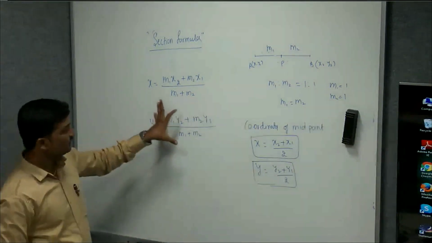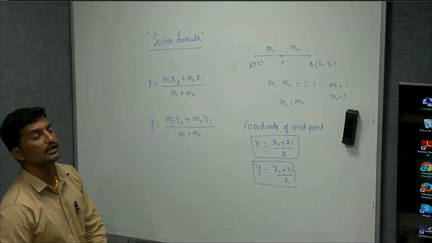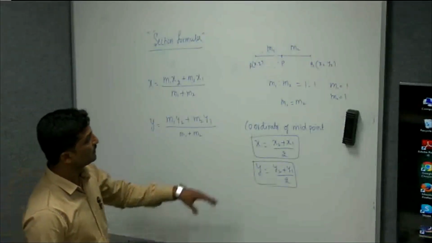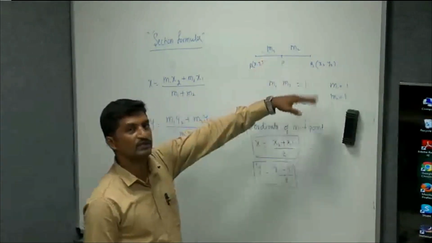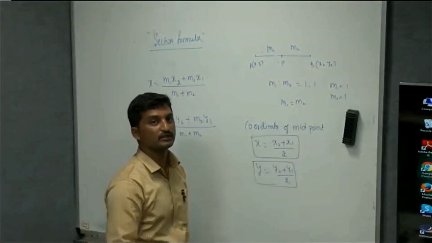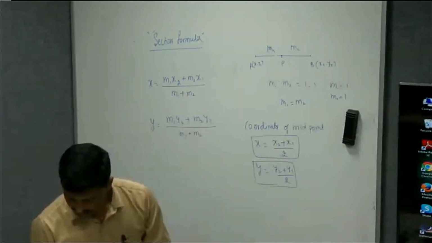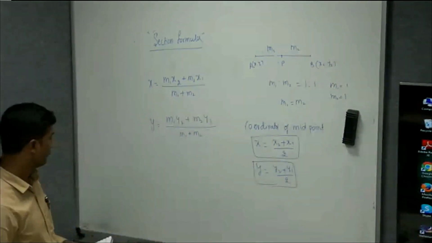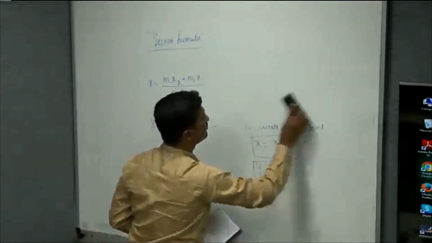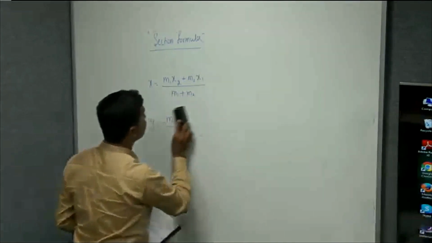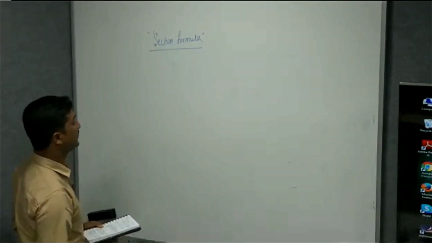Okay. So these are the two formulas we are going to use to find the coordinates of P. Sometimes they will give the ratio and the coordinates of any two points and ask you to calculate the coordinates of some other point. We'll see some problems related to that. Okay, so we'll go to the first problem related to section formula. Please remember these formulas, it is very important for solving the questions.